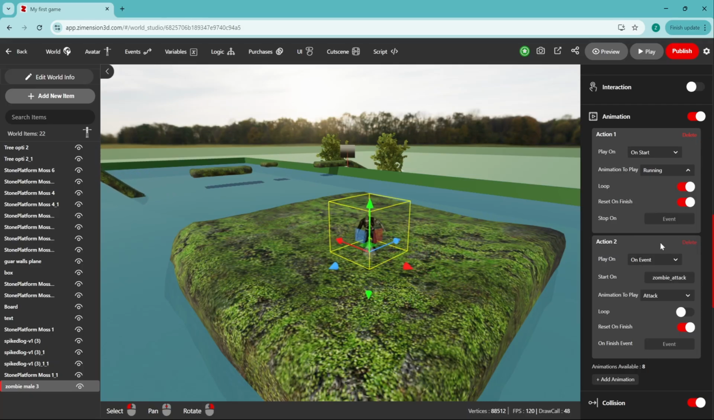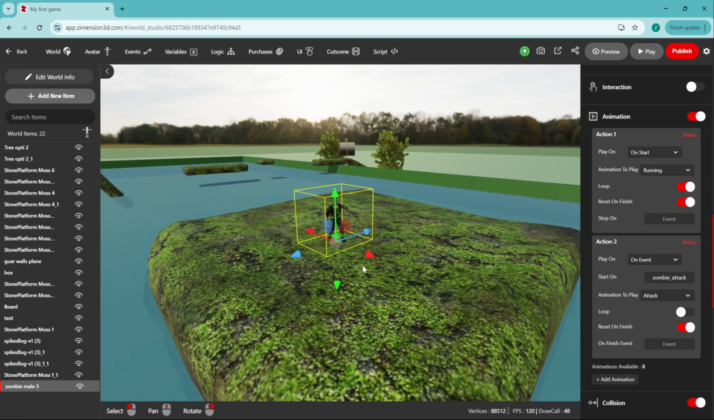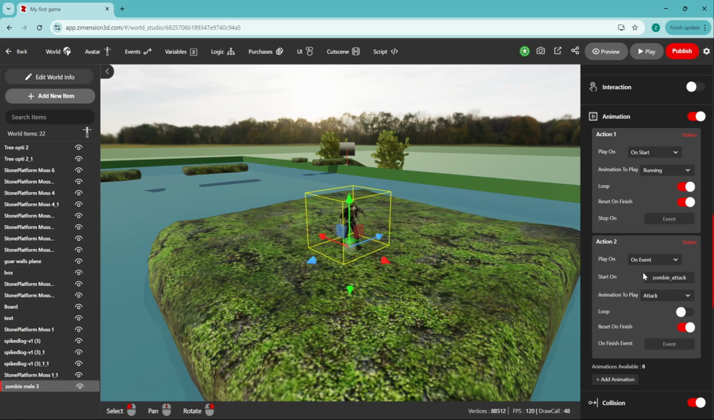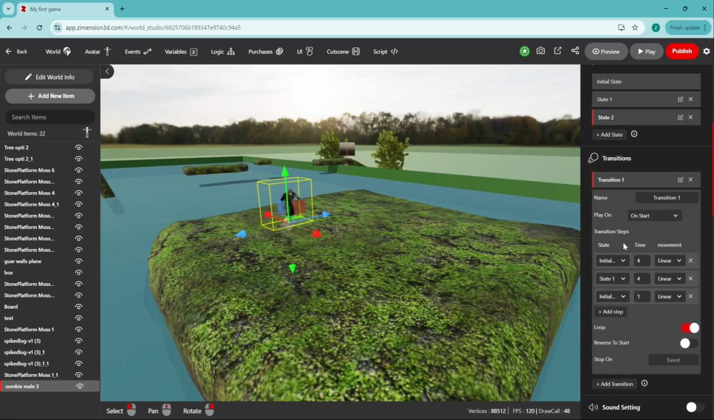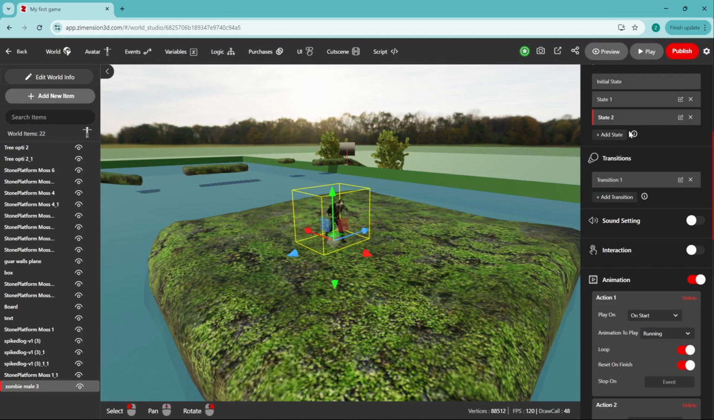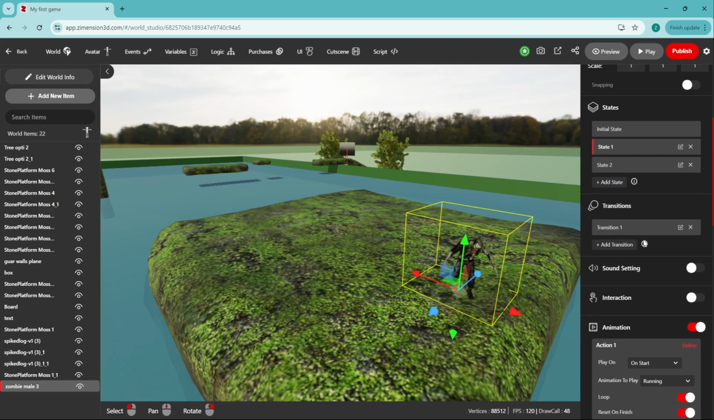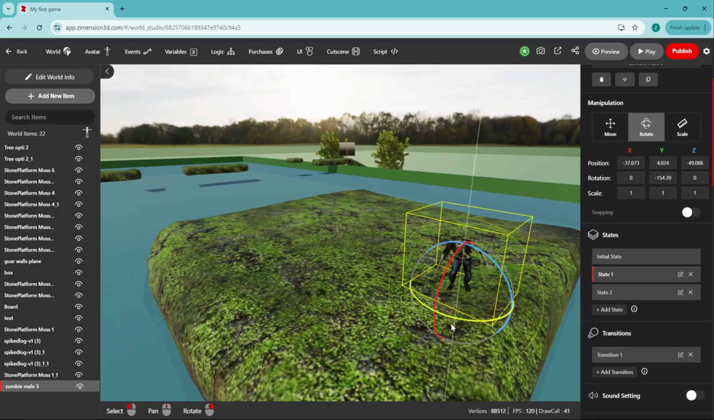And we can change the idle animation to running so that the zombie keeps running along with the transition, to give it an effect that it's actually running. Okay, so here there's one problem. We need to rotate the zombie